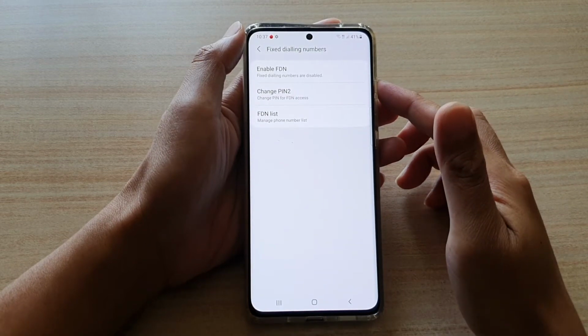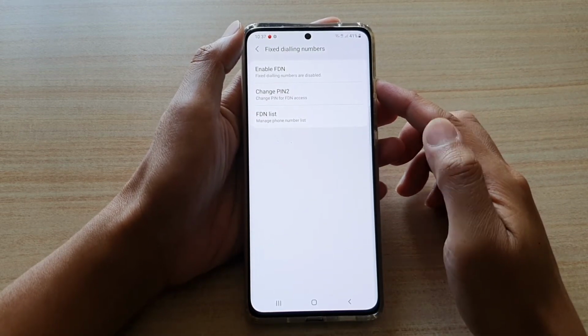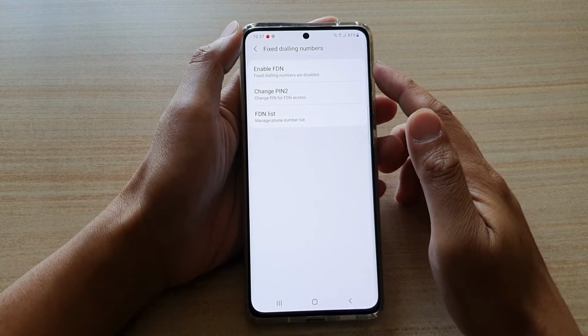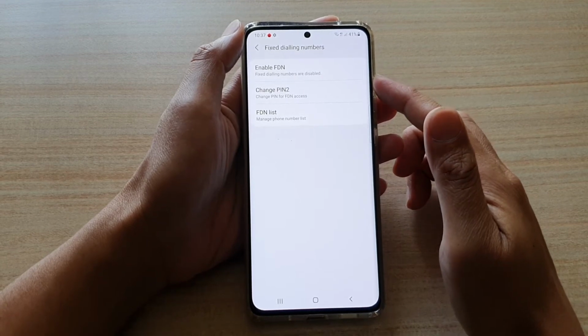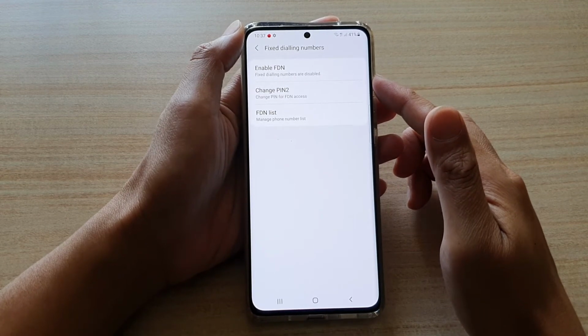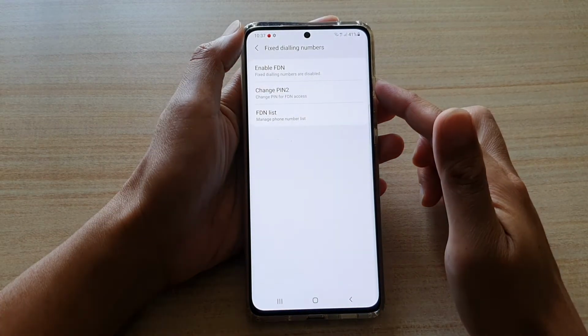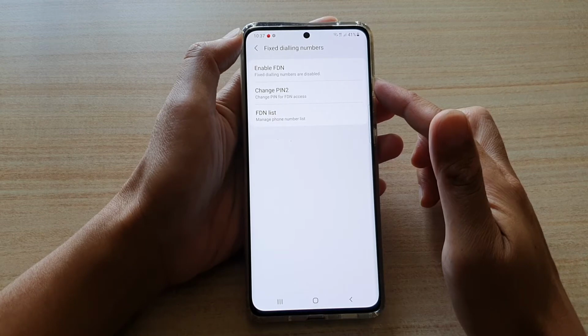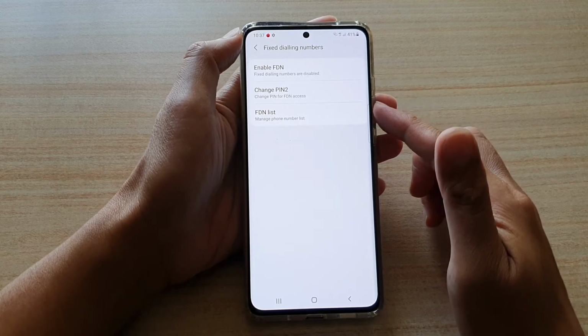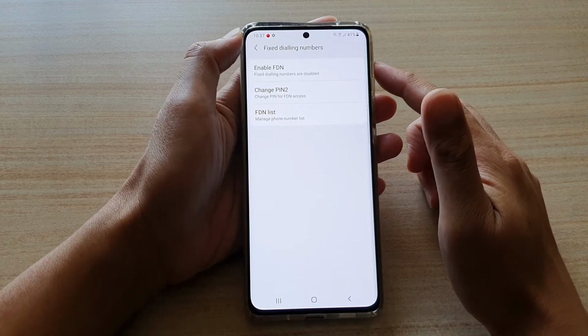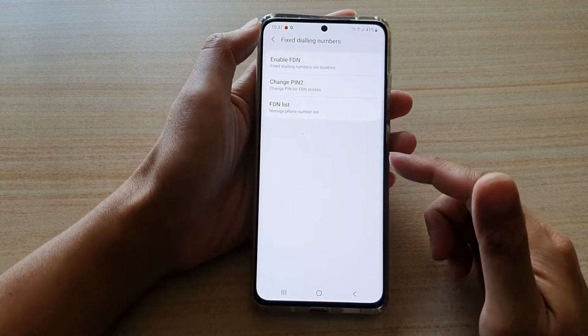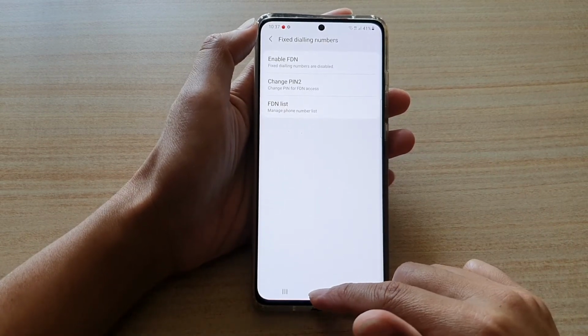Hi, in this video, we're going to take a look at how you can turn on fixed dialing numbers or FDN on your Samsung Galaxy S21 series. Now with fixed dialing numbers, you can manage which numbers your phone can make outgoing calls to using this feature right here. Now to do so, or to turn it on, first tap on the home key to go back